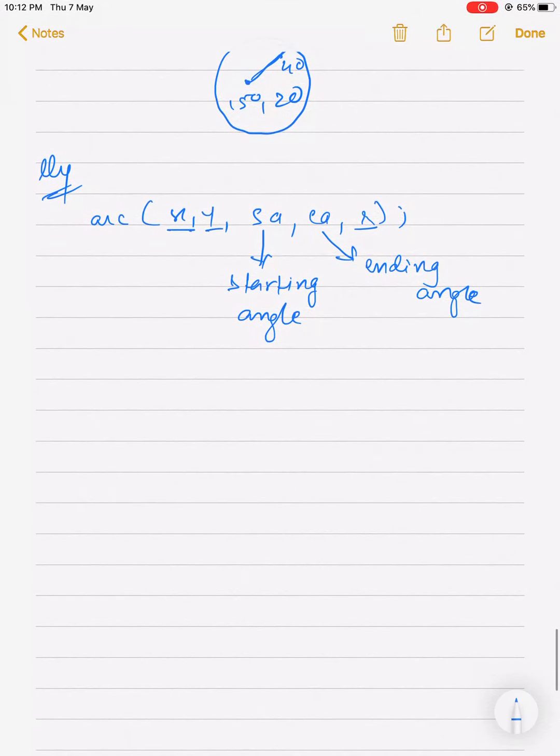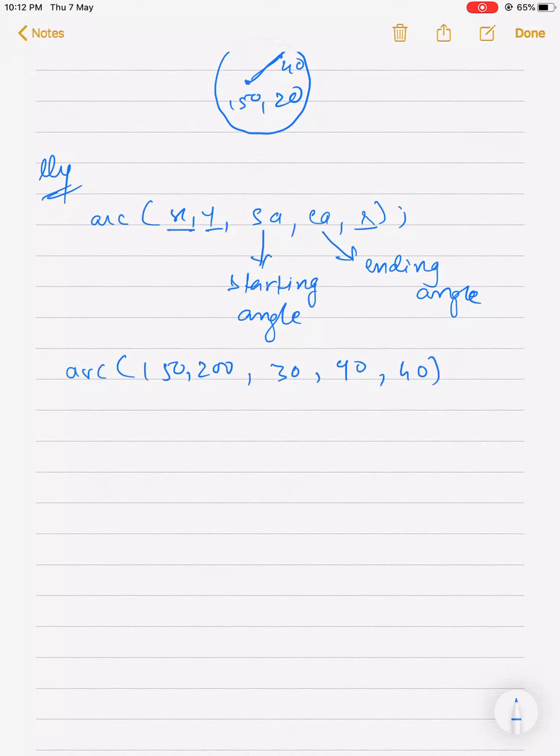Now how to use this? For example, if you want to draw a certain arc, the center is 150 comma 200, the starting angle is 30 degrees and the ending angle is 90 degrees, with a radius of 40.